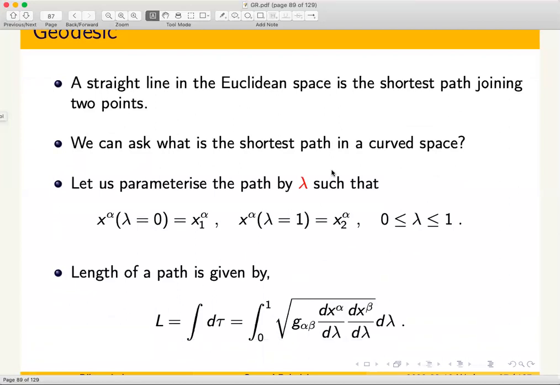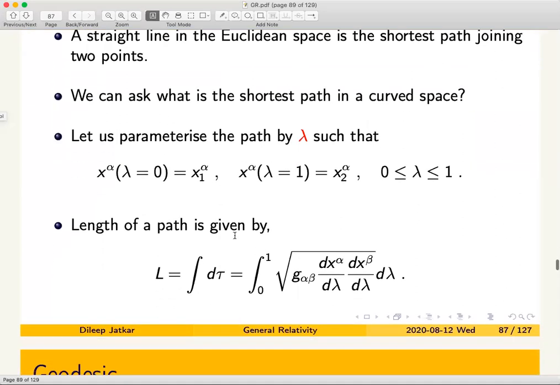And since there was some kind of objection to using the word shortest, when I say shortest, I really mean locally shortest. That is because we have a length integral functional defined in this particular form. And when we say that the variation of this is zero, one is actually looking at only the local behavior of the path. Okay, so one is really looking at the locally shortest path. In fact, that itself may have multiple solutions depending upon what geometry you are looking at.